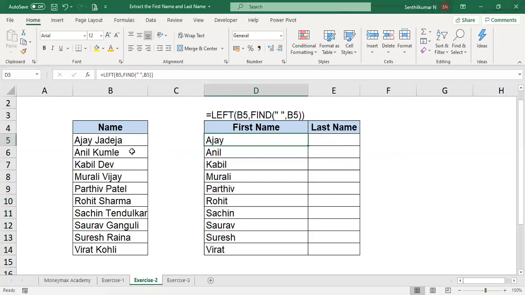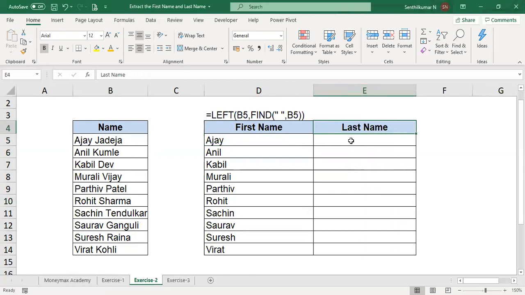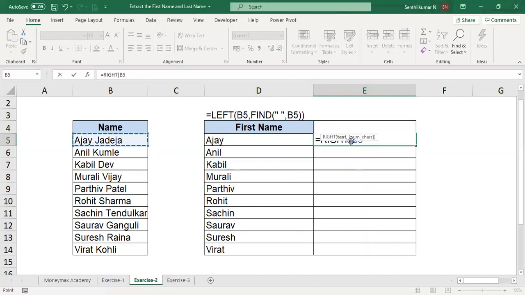Okay friends, the same way you are going to get the last name. What is the formula you are going to use? Right formula. Use right, select the text, comma, and before using find, you have to find the length of the text.